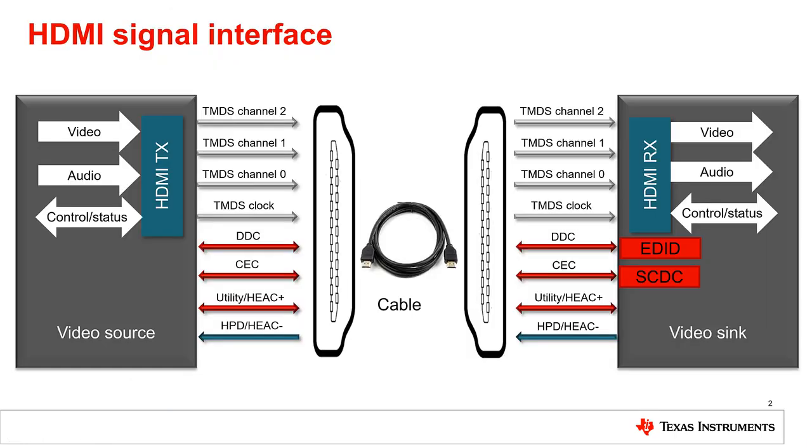There are three major signaling components for HDMI devices. The first is the Transition Minimized Differential Signaling, or the TMDS channel, which carries video, audio, and auxiliary data. The second is the Hot Plug Detect signal, shortened HPD, which notifies the source that the sync device is connected. The last is the Display Data channel, the DDC. The source uses this channel to discover the sync's configuration and capabilities. CEC is a bidirectional Ethernet channel, and HEAC+ is the audio return channel.